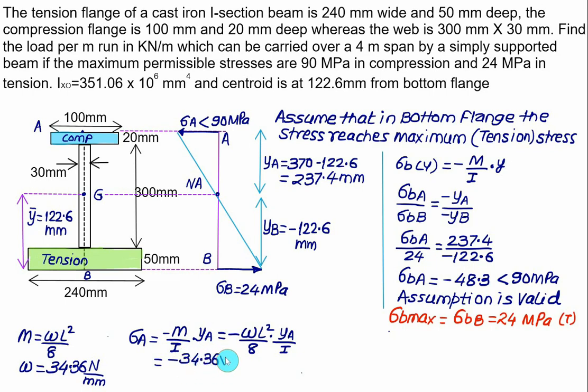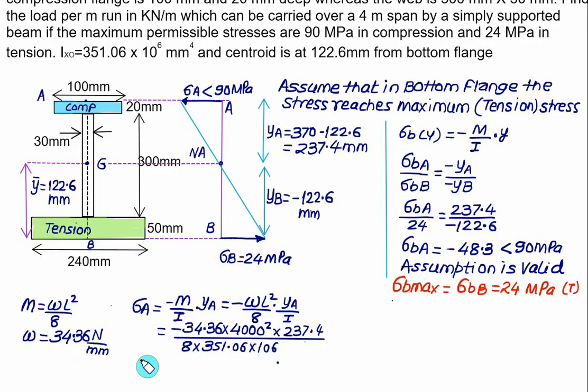Length L you have to take as 4 meter, that is 4000, and square it. YA value is equal to 237.4, divided by 8 times IZ, and IZ is 351.06 into 10 to the power 6. Here the stress sigma A will come out to be